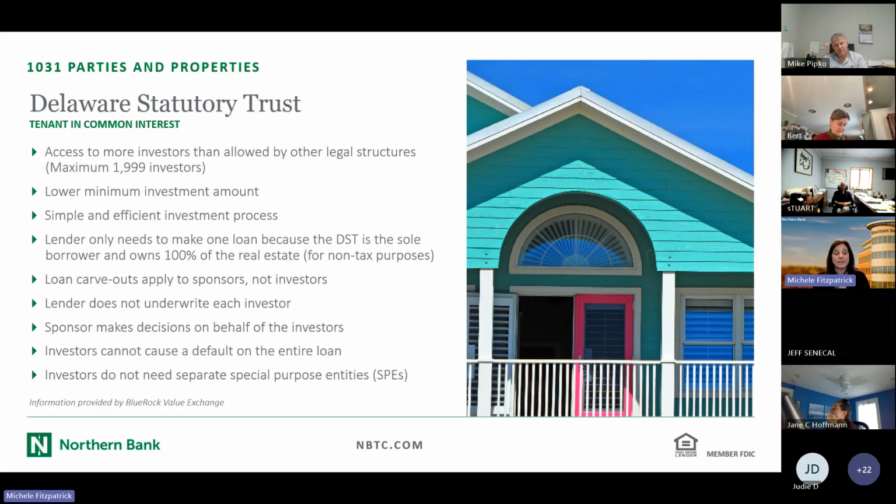So I'm going to give you an example. If there's a building for $20 million and the sponsor wants to raise $10 million in investors, and then $10 million, they're going to go out and access a loan. They're going to get a loan. So the loan is made to the sponsor. So now they have the $20 million: the $10 million in investor money, equity, and the $10 million of loan. They are going to assign debt to each of those